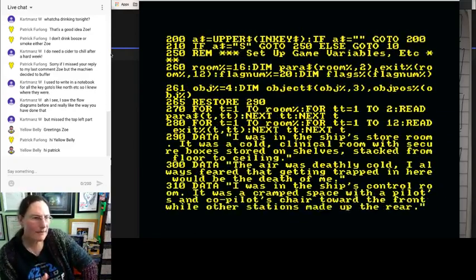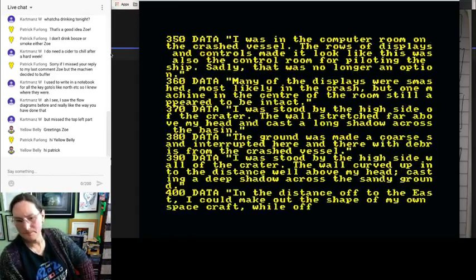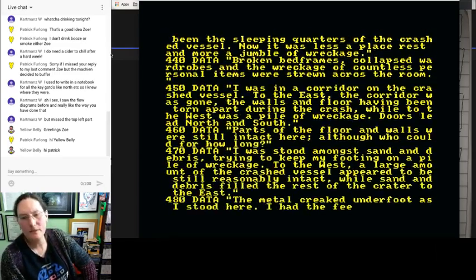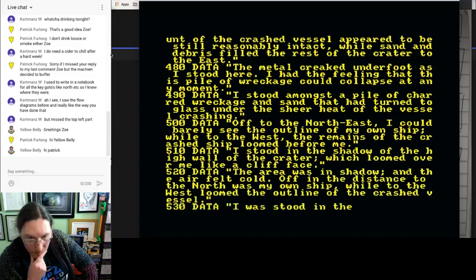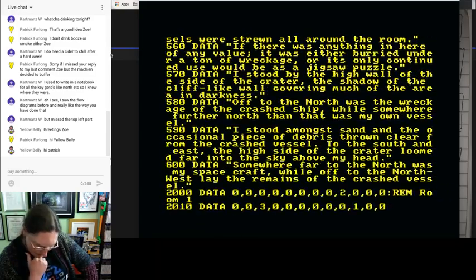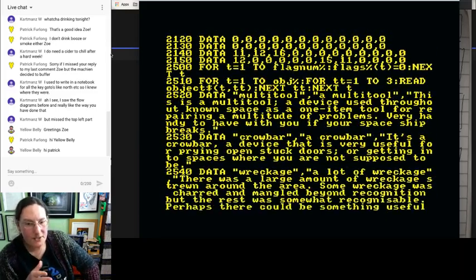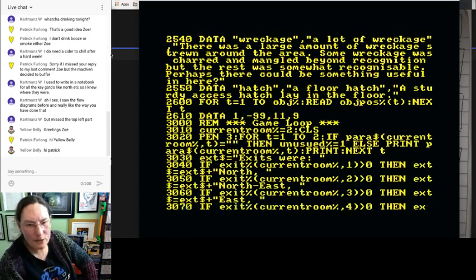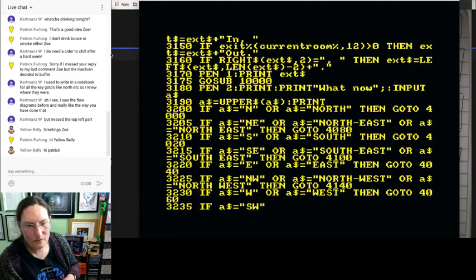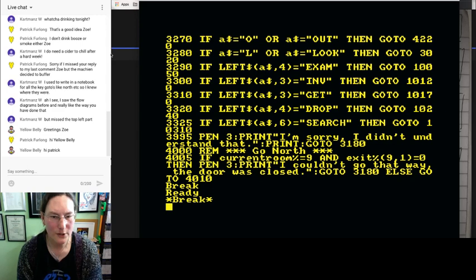We need to be able to open this hatch, but the hatch is going to be stuck, which is not unusual. It's a crash vessel. It's probably a bit warped. So we need to be able to put that into the game. I need a use command and I need an open command. So let's put the open command in first because we haven't had a need for a use command yet. So let's go to the game loop and find out where the commands get to. We're looking at the commands now. So search was our last one at